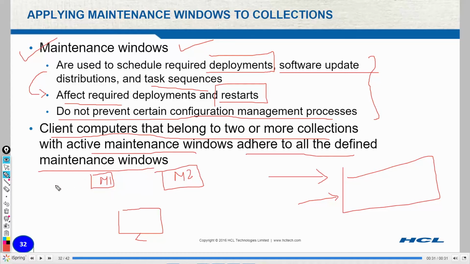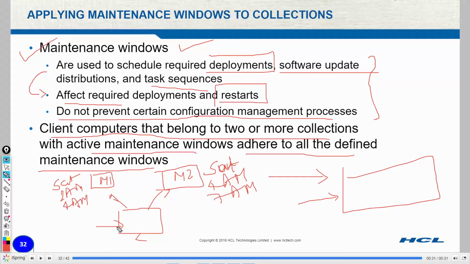Maintenance window 1 has a time of every Saturday, 2 a.m. to 4 a.m., and maintenance window 2 is, let's say on Saturday only, 4 a.m. to 7 a.m. Now if this machine is part of both the collections, what will happen?